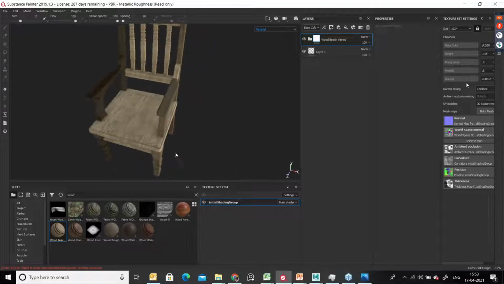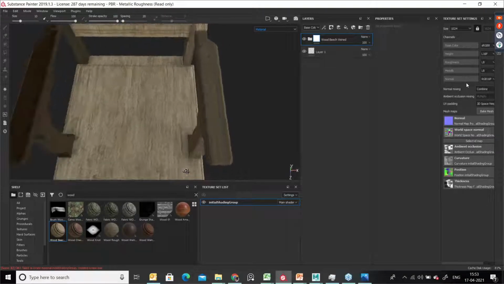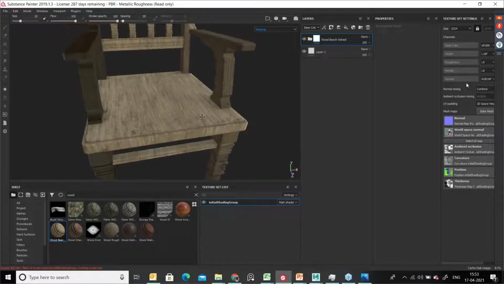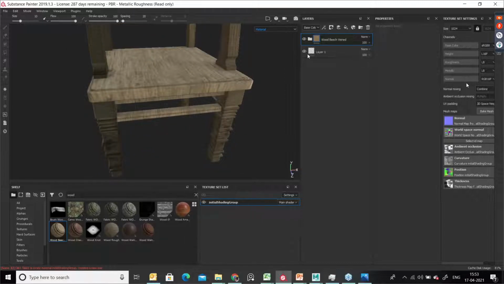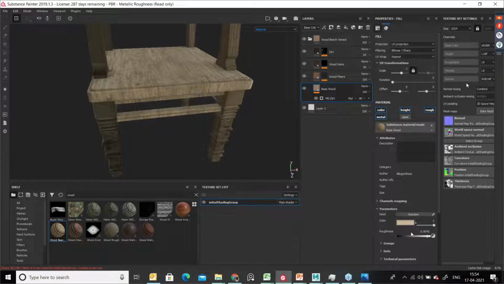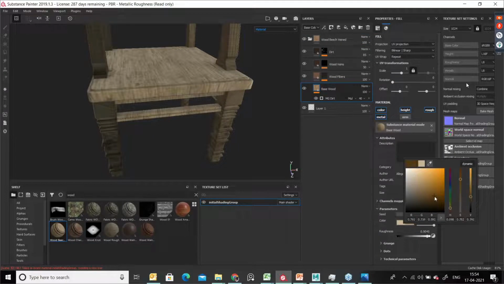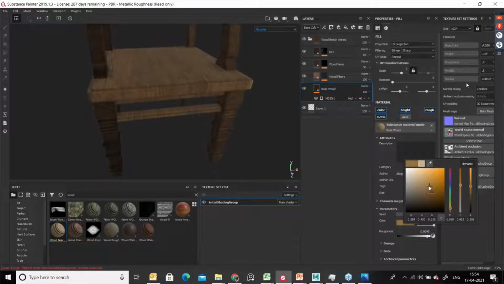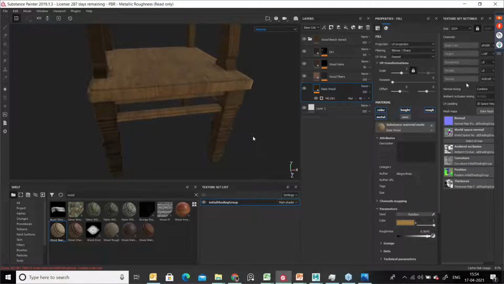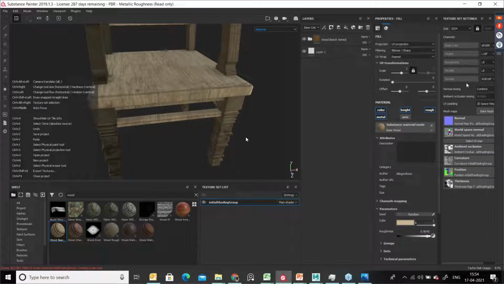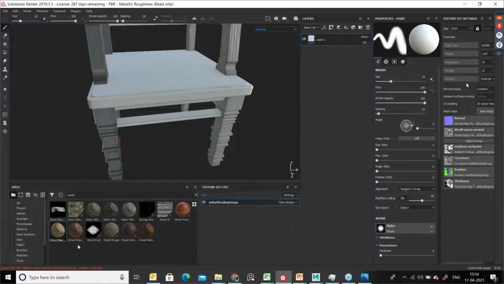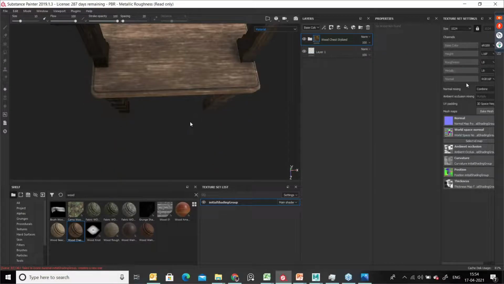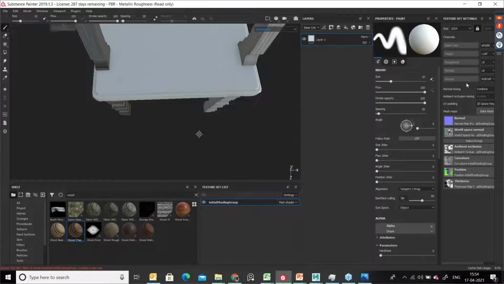You can just try to apply and check it out. So this is an old texture. Okay, so I'm not happy with this. You can have a look and even change the color of this. See here, it's looking very dull. Mostly I won't prefer this texture. I will go for another one. So this is a wood chest, just drag and drop. Oh, this is a very old texture.